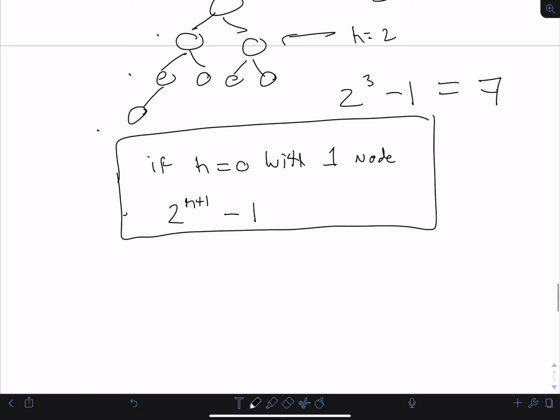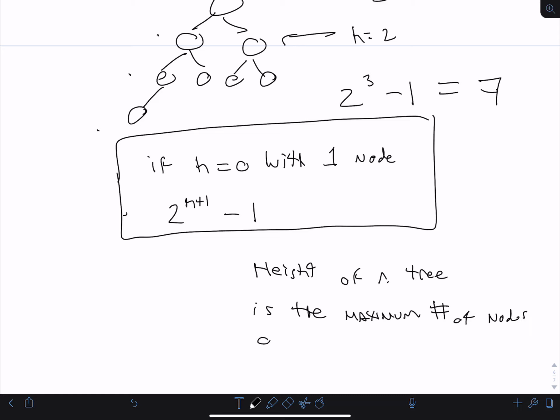And yeah, I'll write this here, I suppose. Height of a tree is the maximum number of nodes on a root to leaf path. You always find the path that is longest. So going back to the chess example, we want to minimize that distance, right? However, when trying to store in a computer all the possibilities, we need to consider the height of the tree